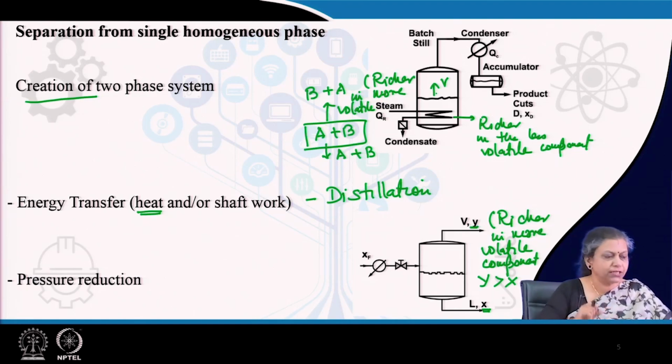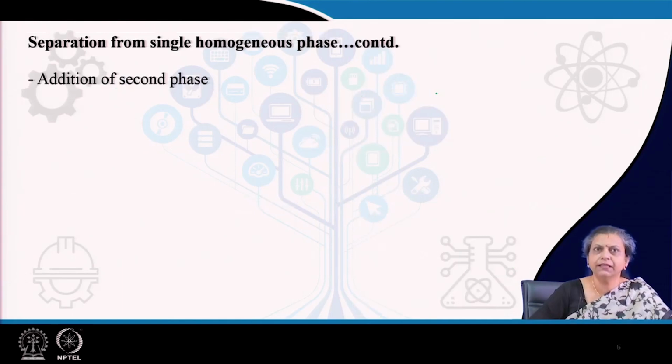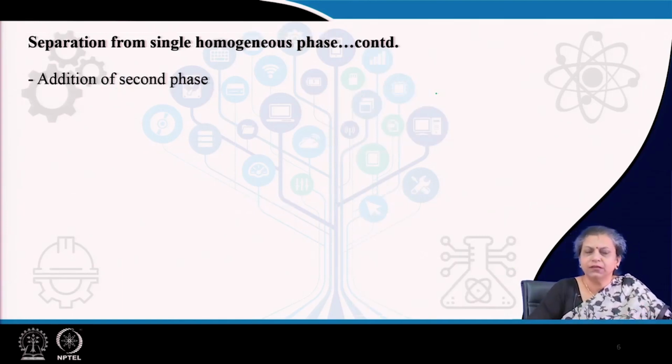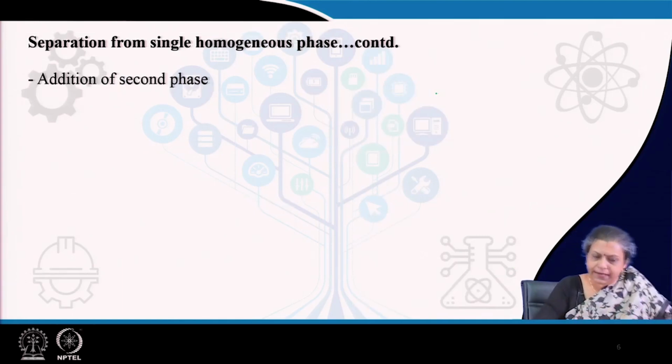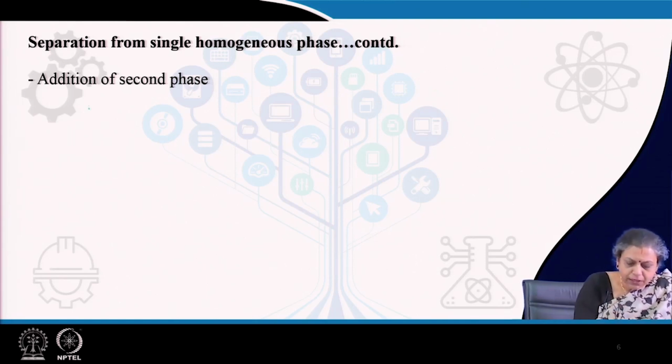So, under those conditions, what do we do? When we cannot separate the two components of a homogeneous mixture by creating a phase, either by application of heat or by pressure reduction, then we have no option, we have to add a second phase. Now, when we add the second phase,